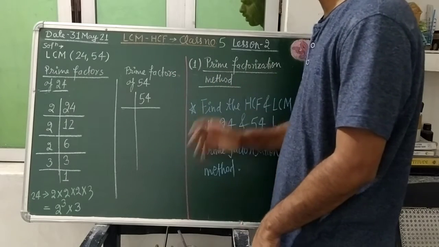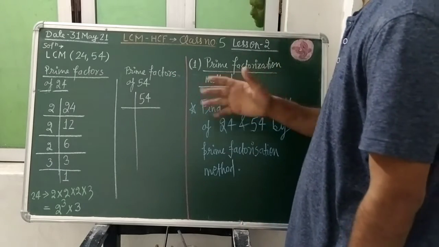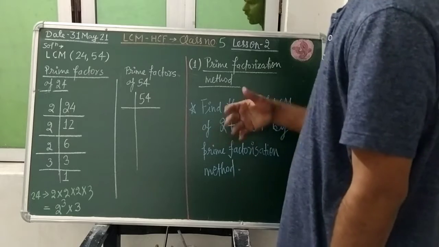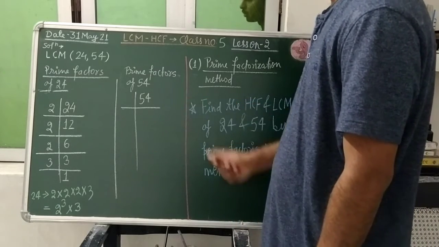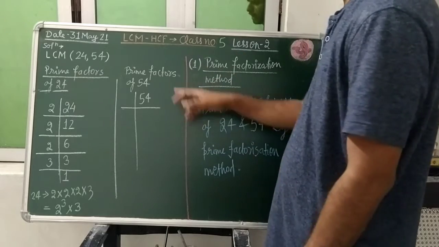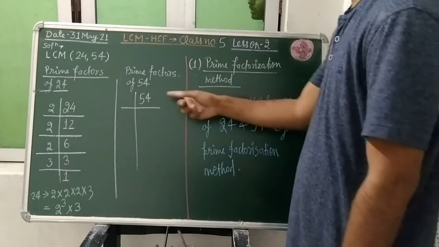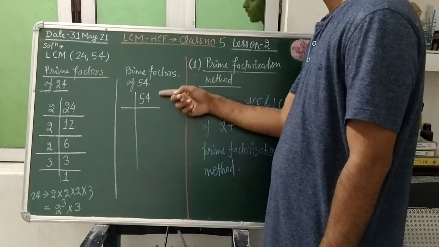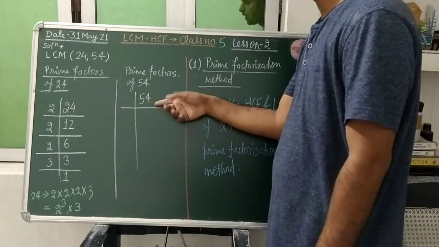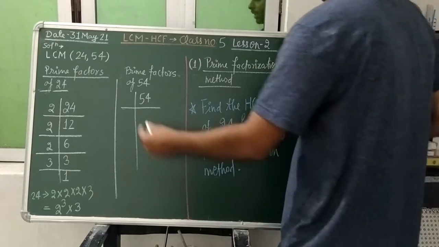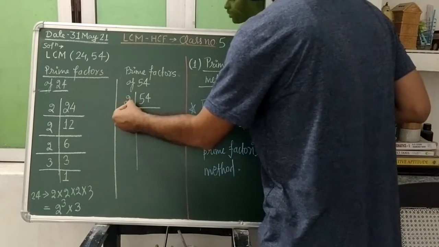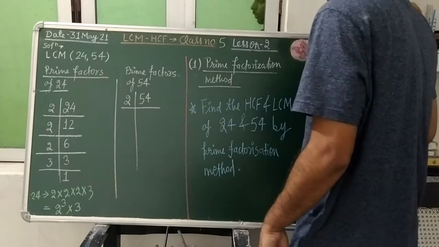We are talking about the prime factors. One is neither prime nor composite, so one we shall not select. For a composite number, we shall start from 2 when we are finding the prime factors. So whether 2 is going to divide this 54, students, of course at the even place you are getting an even number, that is why 2 is going to divide this. So we will select the 2 first.